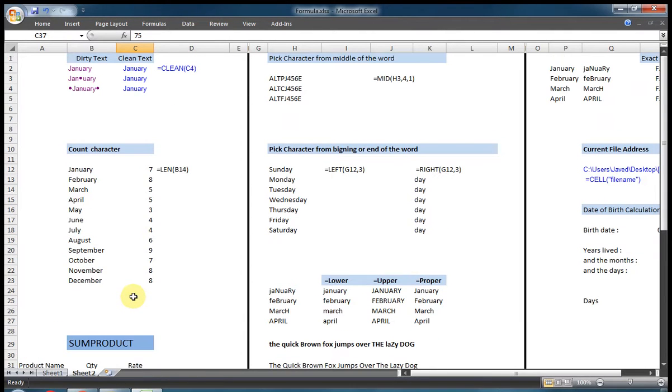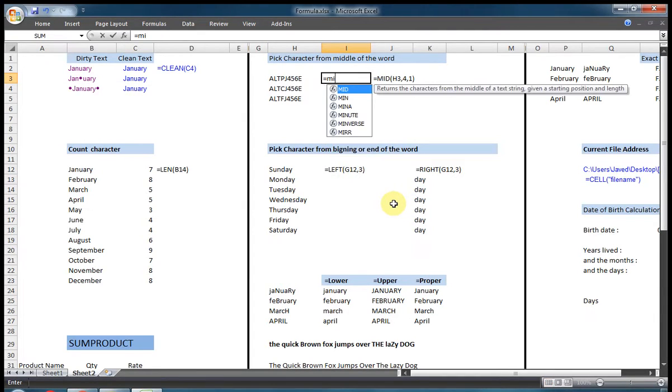Fine friends. Another one is the MID formula. Sometimes we need to take characters from the middle of a cell, so type equal MID. You can select the cell and the character from which we start. Suppose we start from 4, and how many characters from the 4th position?